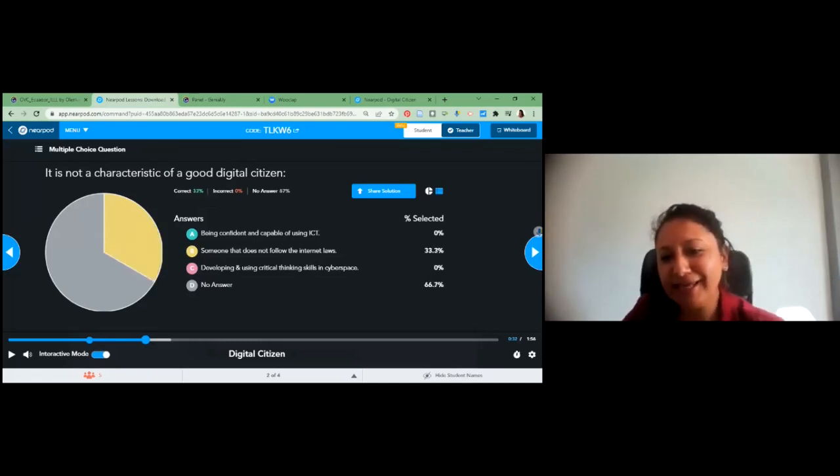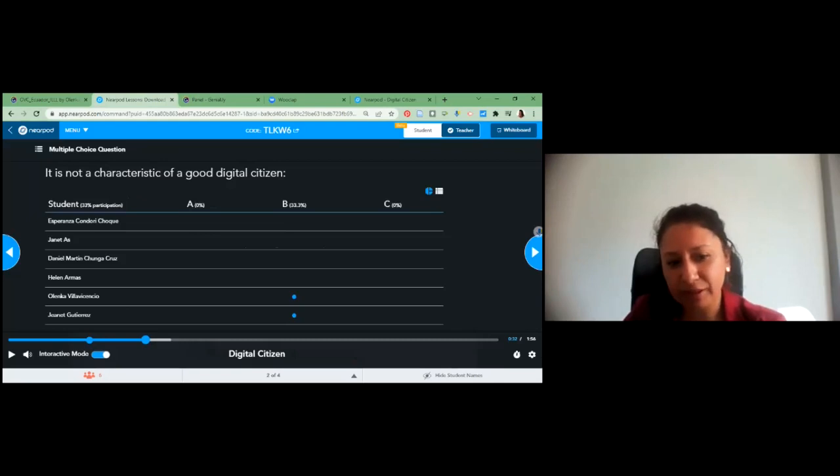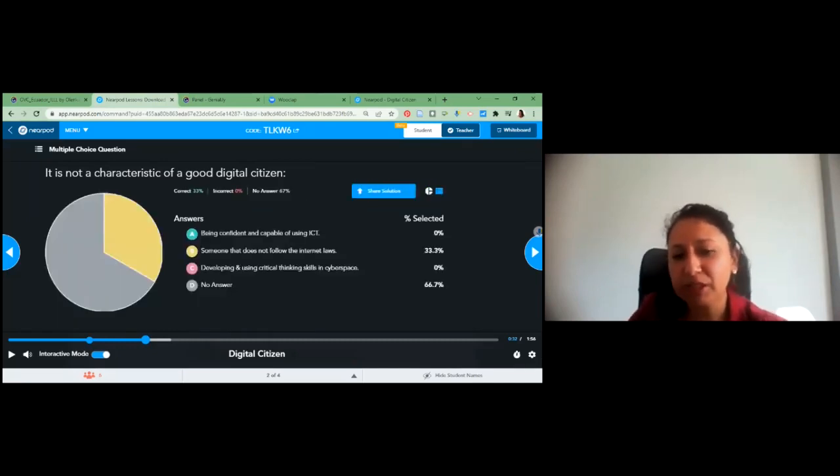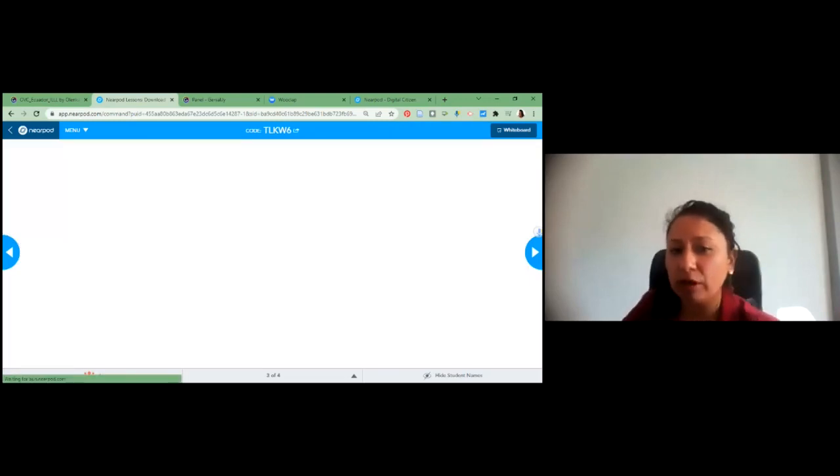Now, as you can see, immediately you have the letter A, the letter B, the letter C. So we can see that Janet, okay, also Janet over there, or maybe you can see over there. Yep, so this is a particularity of Nearpod. This was the first activity that was related to the video. The second activity was the collaborative board.